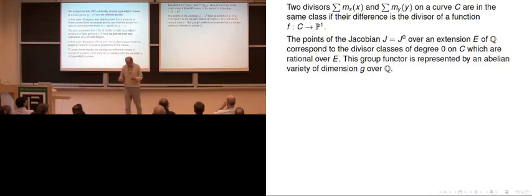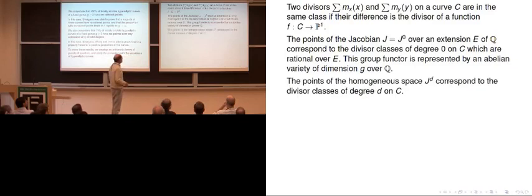Namely, there's a variety associated to the curve called its Jacobian, and this is for divisor classes of degree 0, which contain the principal divisors. There's an abelian variety, its Jacobian, of dimension g, which is defined over Q, canonically associated with the curve. And moreover, we're also going to have to study the homogeneous spaces for the Jacobian, which correspond to divisor classes